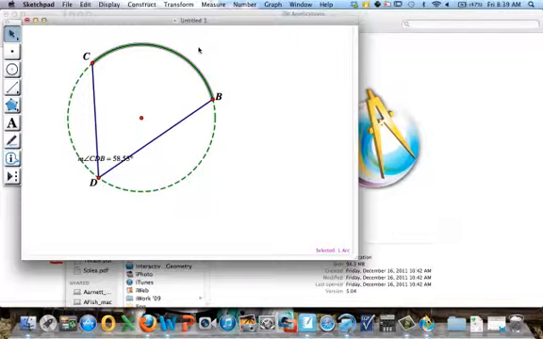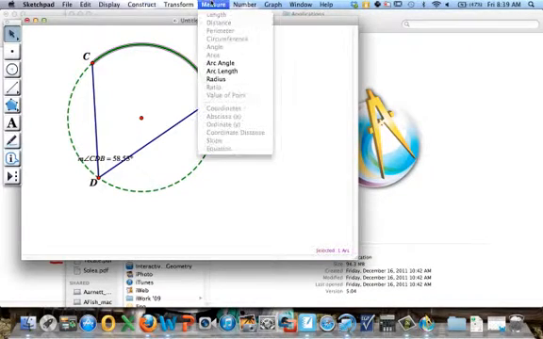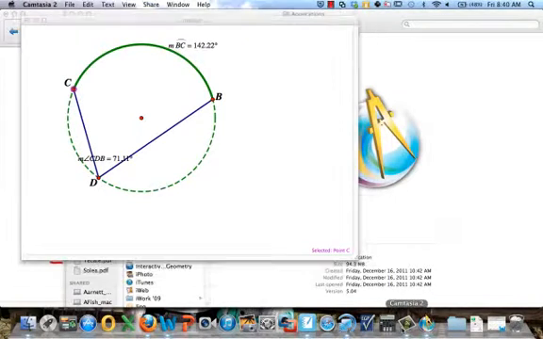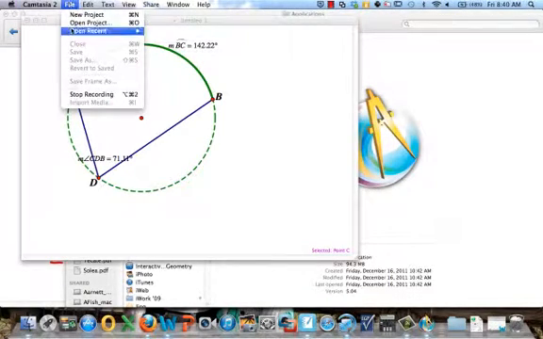All right. So while the arc is selected, make it thick and then measure the arc. So while it's selected, I'm just going to go up to measure, arc angle. Okay? And the measure of that arc is 117.07. Okay, so now what I want to do is drag point C, B, or D around and see what happens to those measures and make an observation. So you're going to make a conjecture about the relationship between this angle and this arc based on what you see. Okay? Wait, if mine says